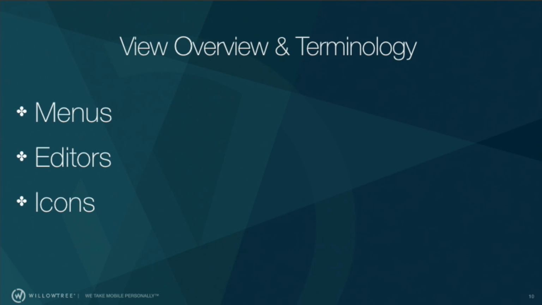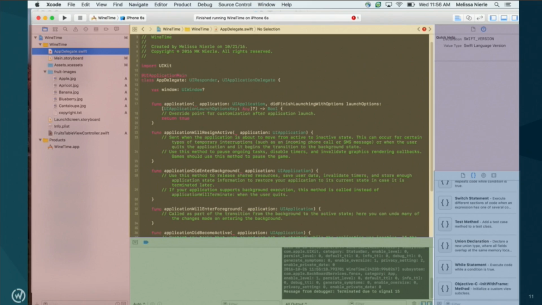Why is the terminology and the menus important? I've found that if you have issues and you Google how to do something in Xcode, especially if you get a hit on Apple documentation, it describes everything with the proper lingo, and it's like, well, I don't know what the utilities size inspector is, but I know what the icon that looks like a ruler is. So it's helpful to know these different things, and I just want to go over it a little bit.